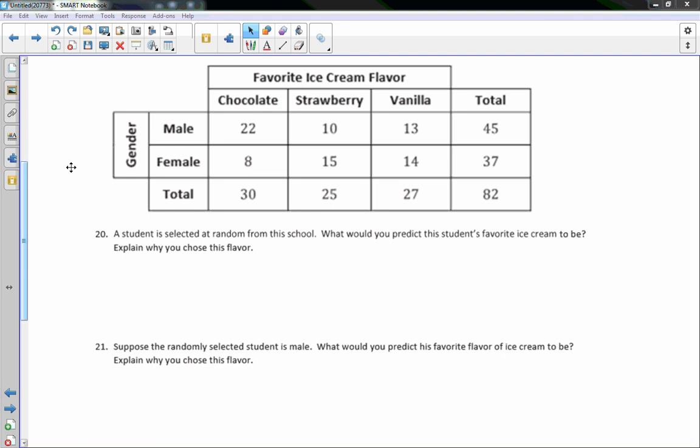Okay, so I made it a little bit easier here so we don't have to go back and forth. So here is number 20. A student is selected at random from the school. What would you predict the student's favorite ice cream to be? And explain why you chose that flavor. So I would say I predict that the student's favorite flavor is